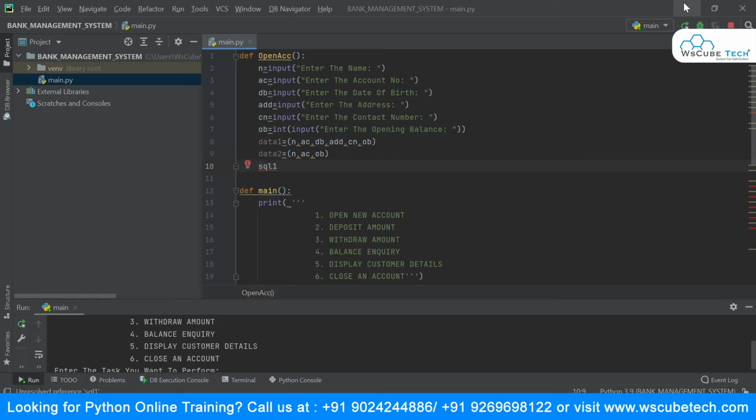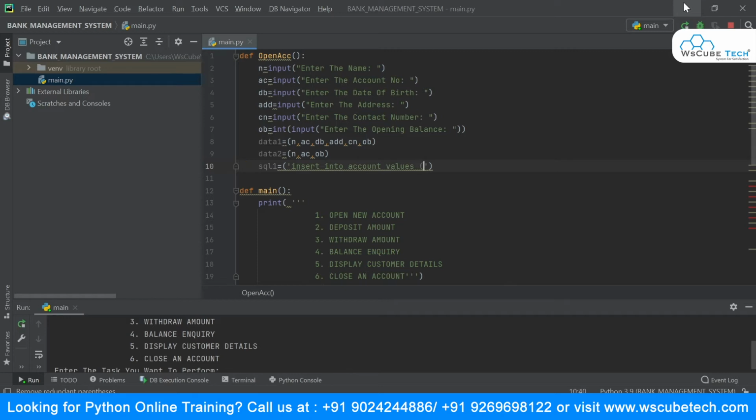So I will say let this query be my first query. I will say insert into, now in which table I want to enter is the first table, that is the account. We have two tables, account and amount. So in the first table we are going to enter. I will say insert into account values, because we want to put the detail records inside our table.